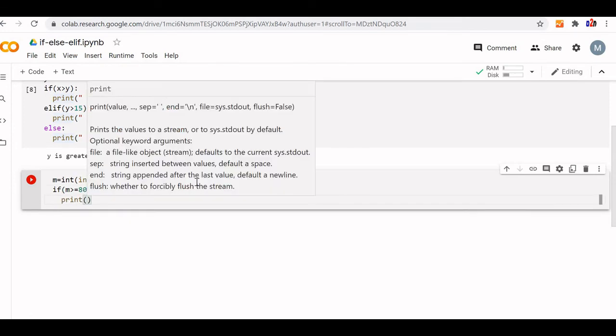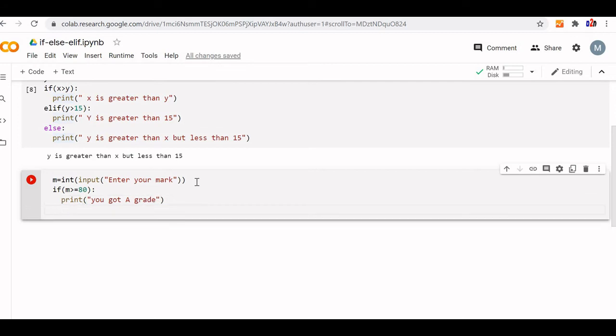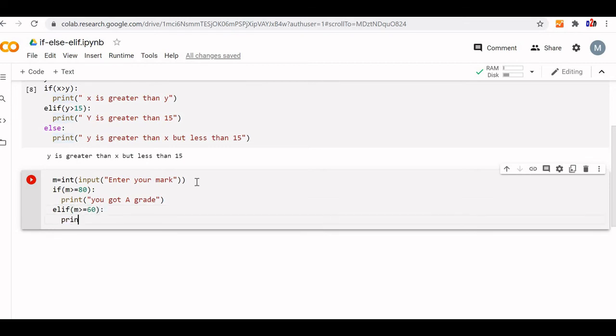Now, this m will be compared. If m is greater than or equal to 80, because we have to include 80 also, because if somebody got 80 we can't say you are B grade. Print "you got A grade." Fine. Now, instead of if, we will go for elif. If it is not 80, then m is greater than or equal to 60. See the condition checker. You will see "you got B grade." Similarly, let us add one more elif condition.